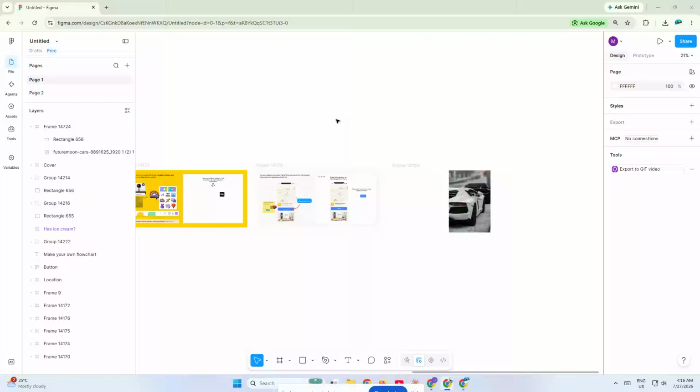In today's video, I'm going to show you how to download images and icons from a Figma design template quickly and correctly so you can grab only the assets you need without exporting the entire design. This is super useful whether you're working on a website, app mockup, presentation, or any creative project where you need